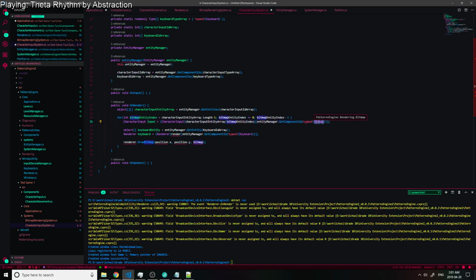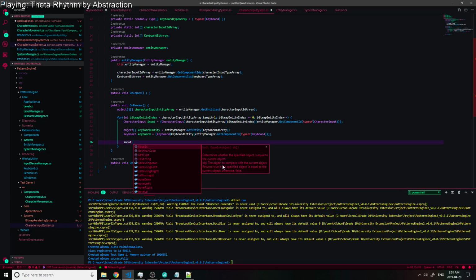This is a lot of boilerplate code that I don't think is very useful, but maybe it is. Keyboard entity keyboard input dot